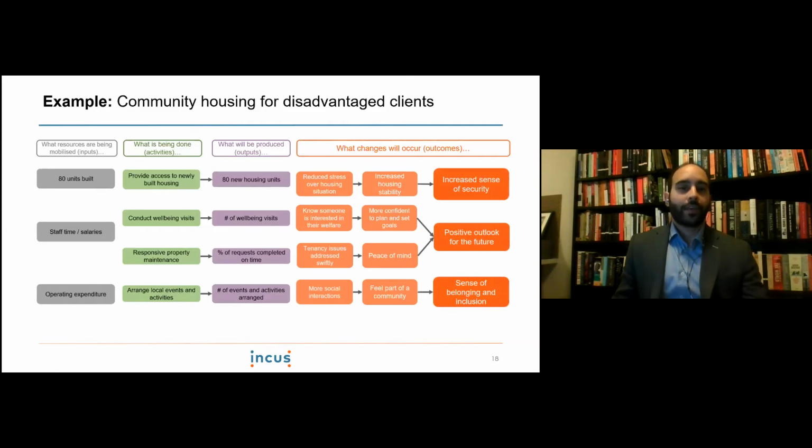So again, not unfamiliar to anyone who's done evaluation work or who's put together a theory of change, but the idea is to identify that pathway and figure out what those long-term final outcomes are, so that once you've decided on what you want to focus on, you then work out how to measure that, and you can also work out how to value them.